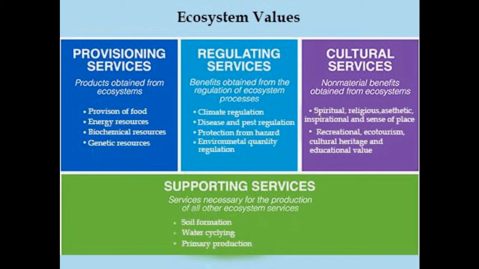Second is the regulation service. The complex ecosystem components and interactions can provide effective regulating services. For example, the high forest coverage enhances the climate regulation ability as well as protects the land from soil erosion. It is also important to absorb the disease and the pest as well as the little particles in the air